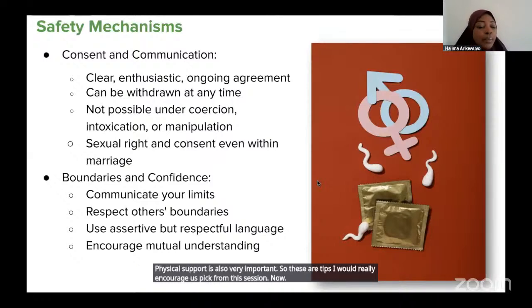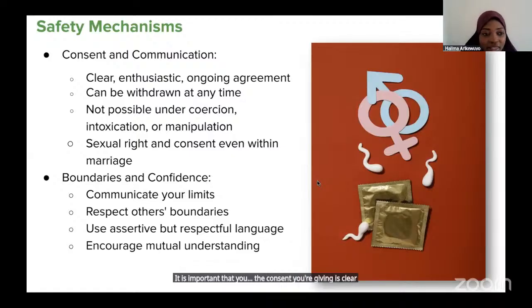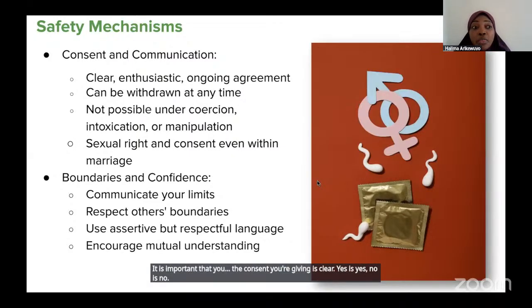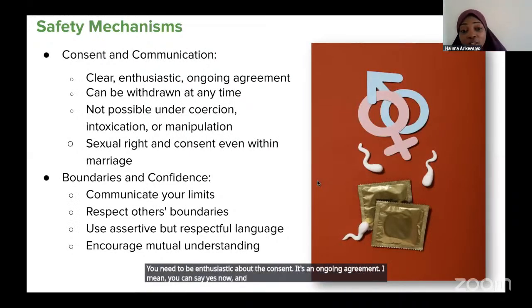Now, talking about safety mechanism, consent and communication. I know this is an area that is not very clear in our own part of the world. It is important that the consent you're giving is clear. Yes is yes, no is no. You need to be enthusiastic about the consent. It's an ongoing agreement. You can say yes now, and while the process is ongoing, you say, you